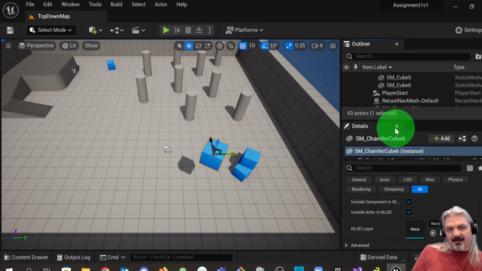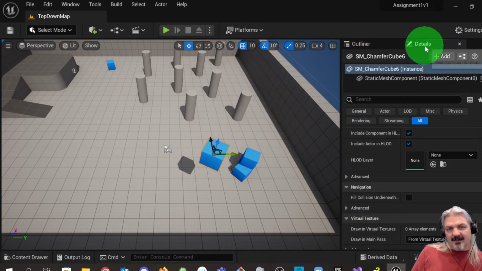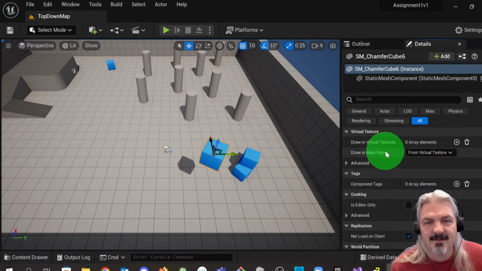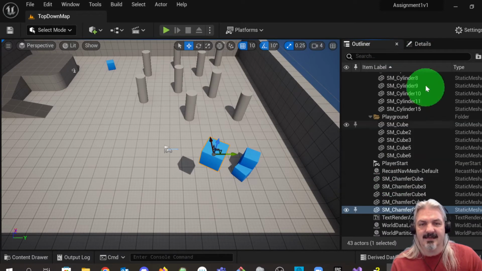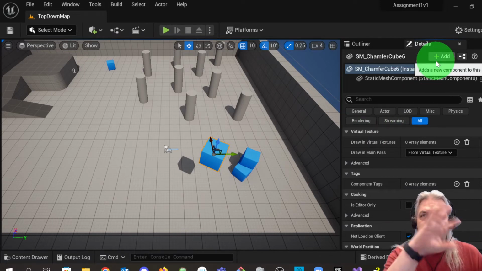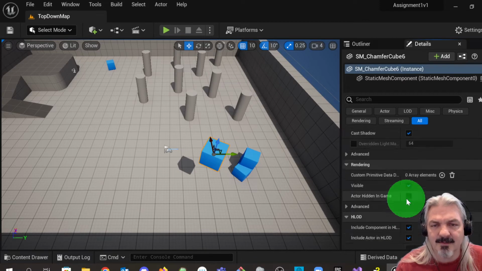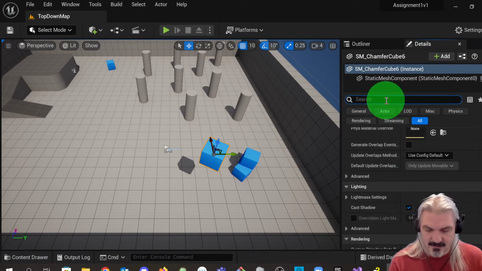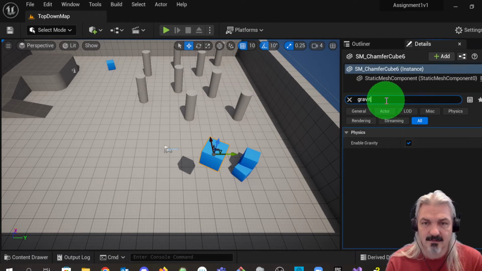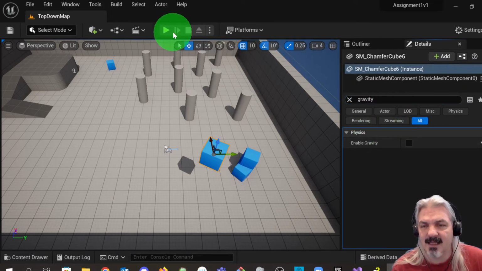And if I move my details up into here, I can then just click on them, and that way my outliner is now the whole field, and now I'm going to my details. You can move them to the side and move them around, and that's all fine. So, if I want to find gravity, I could look for gravity, and you see under physics it's got enabled gravity. I could turn gravity off, and now if I press play,